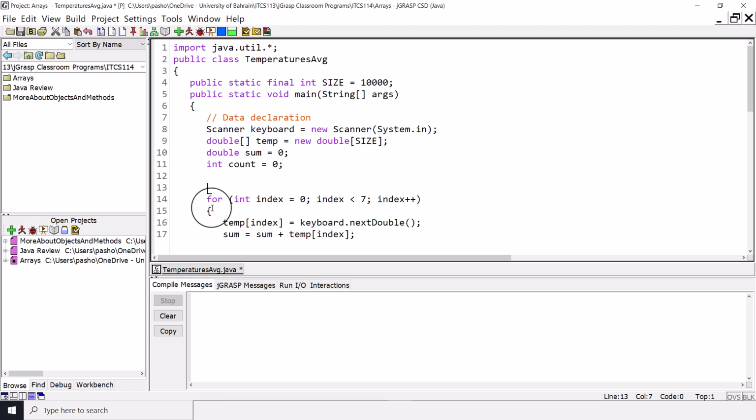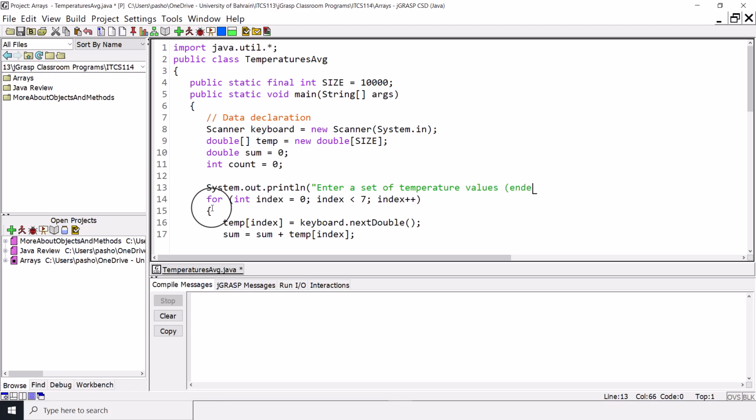We will depend on a sentinel controlled while loop. We will tell the user to enter a set of temperatures ended by a sentinel. So we will display a message saying enter a set of temperature